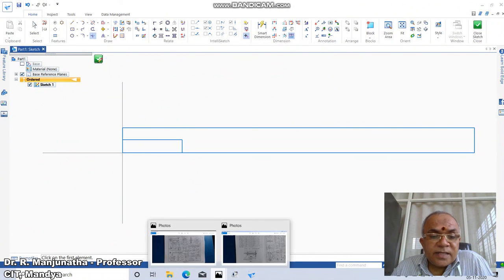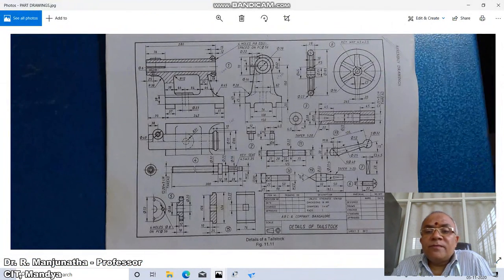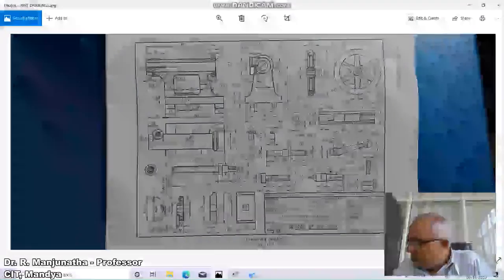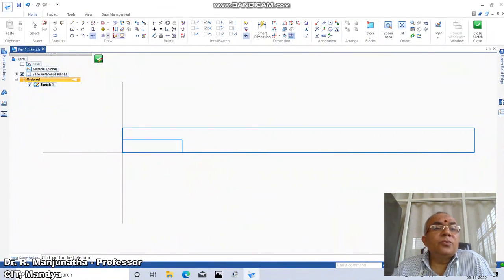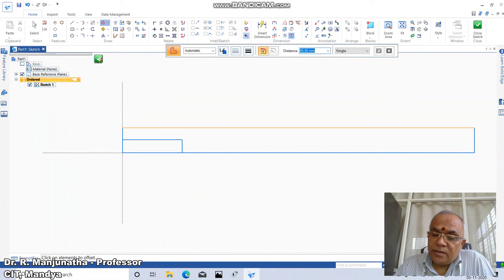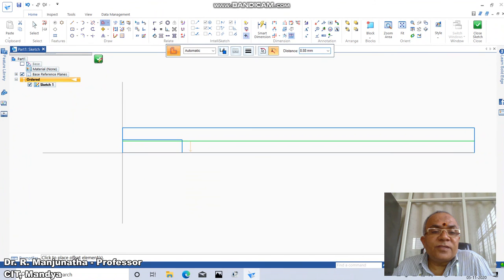So then there is a taper here. The taper point we need to find out. The taper point is the one which I was talking about, 17.75 in diameter. So it becomes offset 8.875. So go to offset, take 8.875, select this line and offset it.